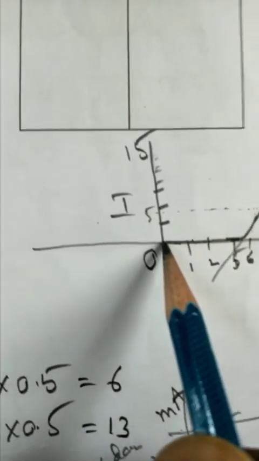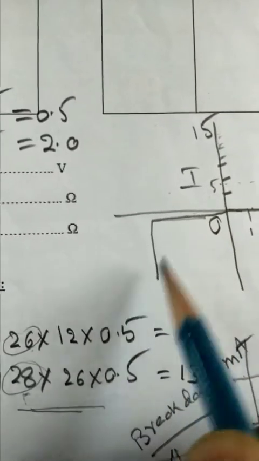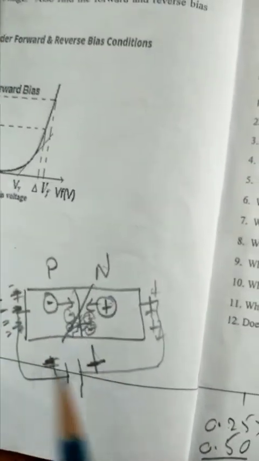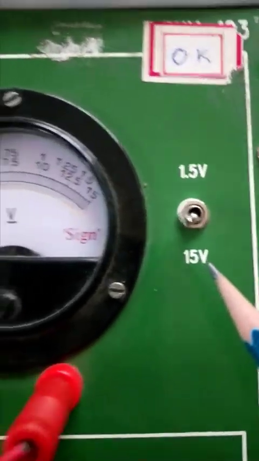In the second graph, you observe the leakage current. Slowly the leakage will increase, and suddenly the junction will break down. This is called the breakdown voltage. That is what happens in reverse bias. Somewhere here we get the breakdown voltage. As I increase the power supply, we need more voltage, more than 15 volts, to get the breakdown voltage. Clear? So this is about the PN junction diode.